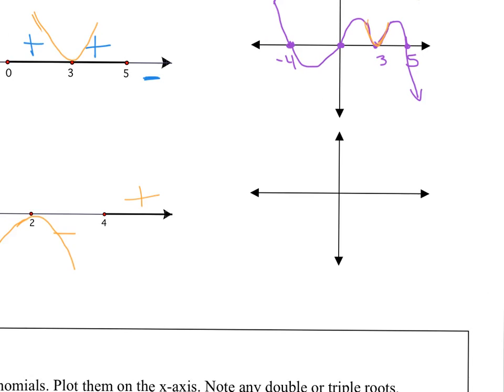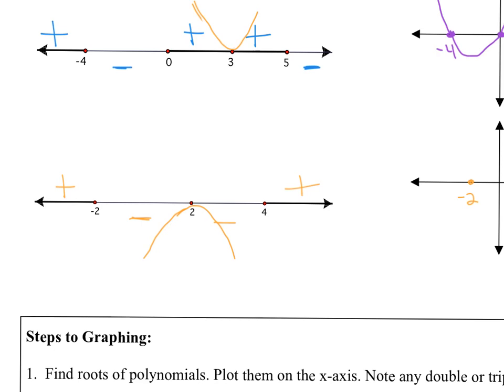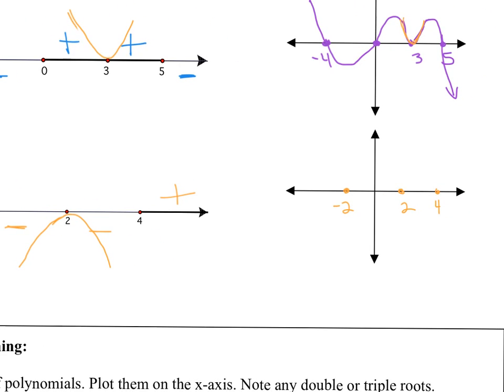So we're going to go ahead and plot those points. So negative 2, 2, and 4. So on the far left, I have a plus sign, so I'm going to be above the x-axis, then I'm going to drop below. So above the x-axis, I'm going to drop below the x-axis. Remember, we have that double root at 2 because it's going to go and touch 2 and drop back down. And then from 4 to infinity, it's going to go